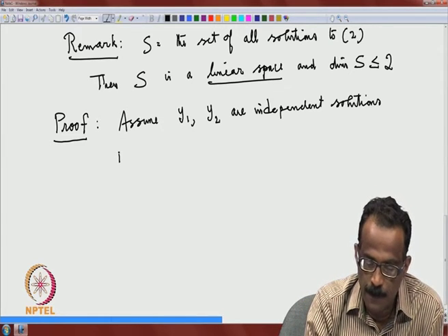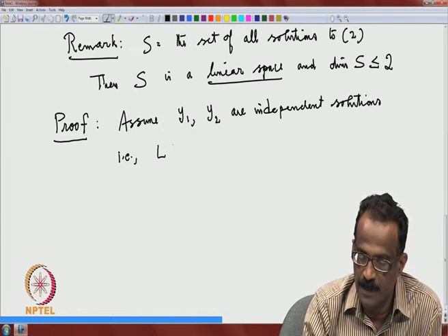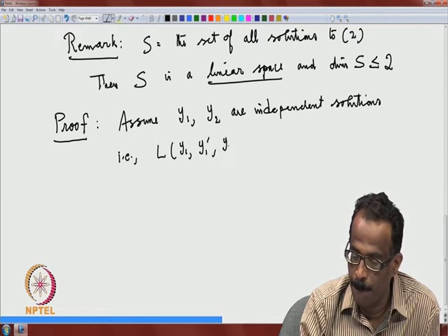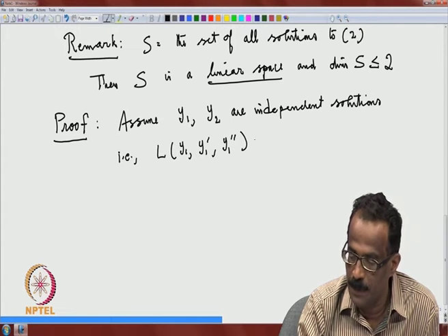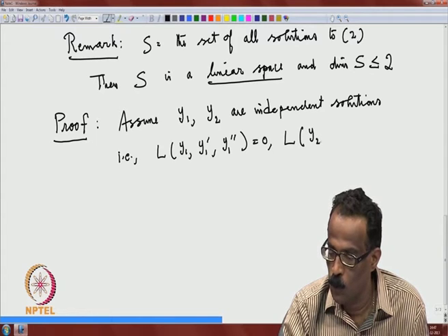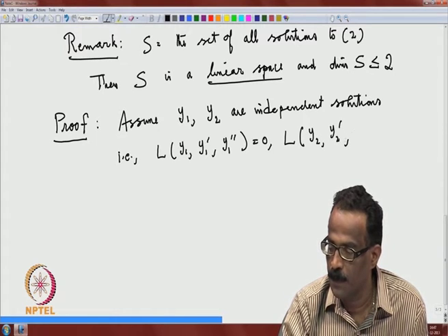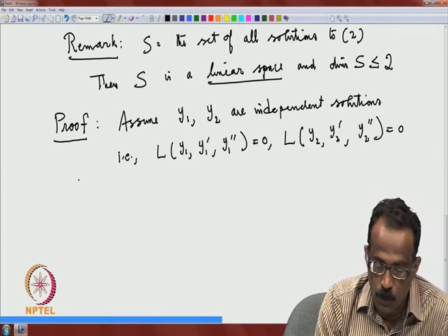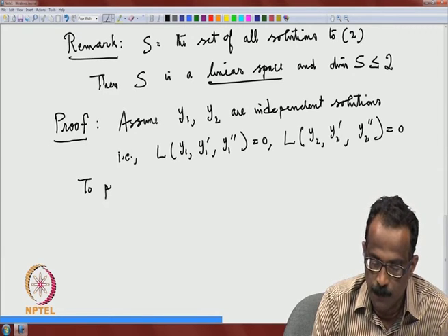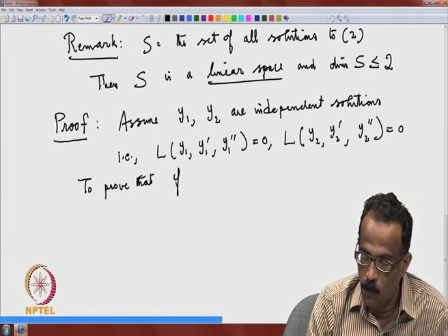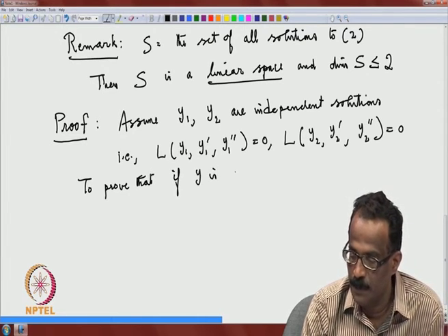That is, I am repeating again, L of y1, y1 prime, y1 double prime is equal to 0, and L of y2, y2 prime, y2 double prime is equal to 0. So, we have been given that. What do we have to prove? You have to prove that if y is any solution